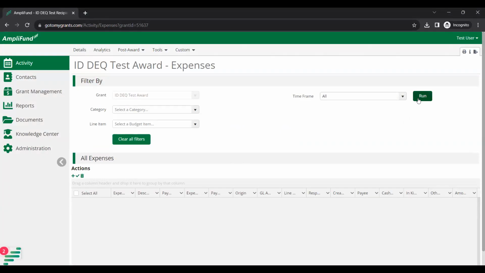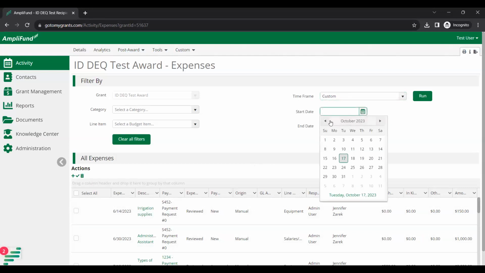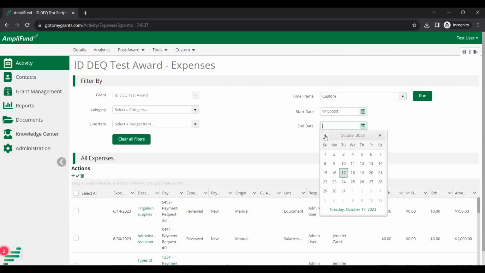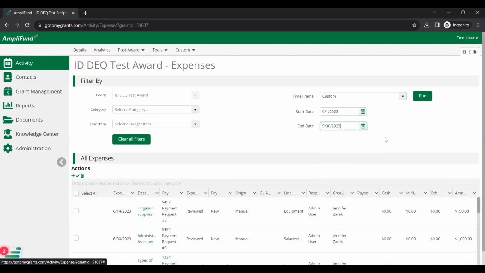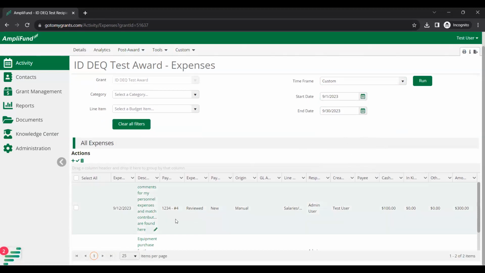So I could click on run, and that's going to give me every single expense from every date that was requested. Or I could just narrow it down a little bit, and I can go to my time frame, choose a custom time frame, and say, show me all of my expenses from September 1st through September 30th. And then click run. And this makes it much easier for me to manage and view just those two expenses that I have